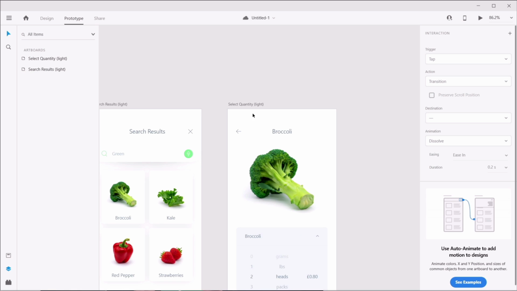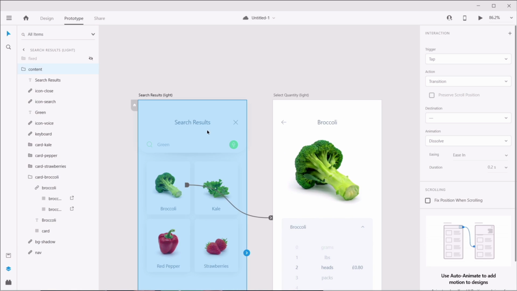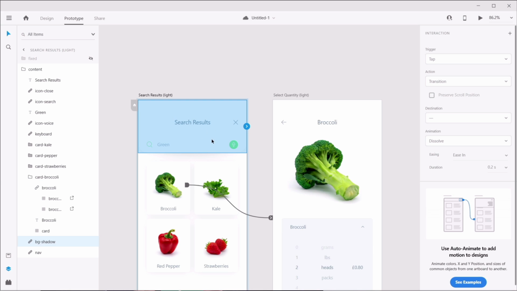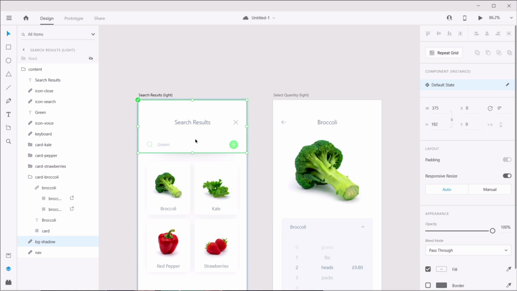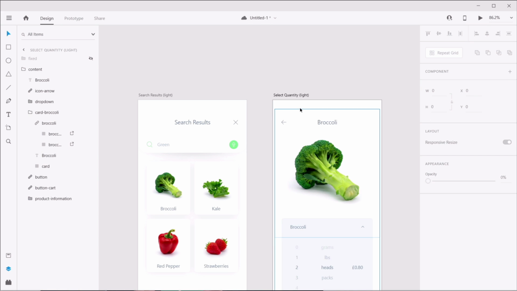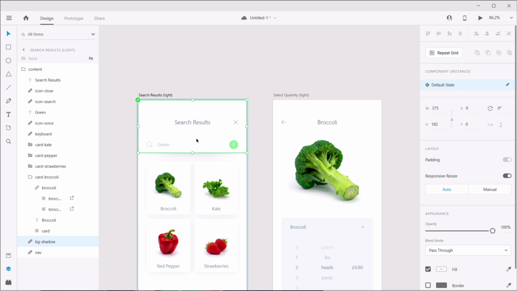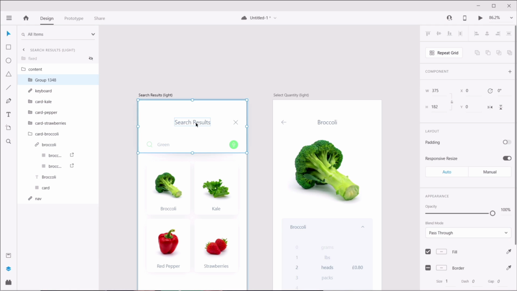So to illustrate how Auto-Animate works a little bit better, what I'm going to do is copy this search results. And actually, let's do that in the design stage. I'm going to copy it in this artboard. And actually, I don't think that copied the entire thing, did it? Okay, so let's actually do this, this, this, and this. And let's group it up. So now let's copy this. Let's actually call this search results, copy it, and I'm going to